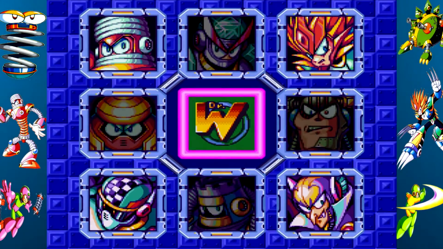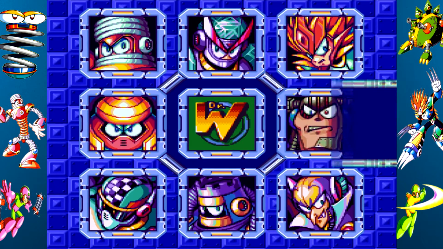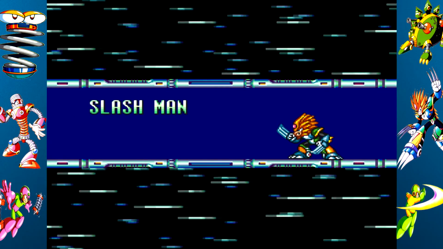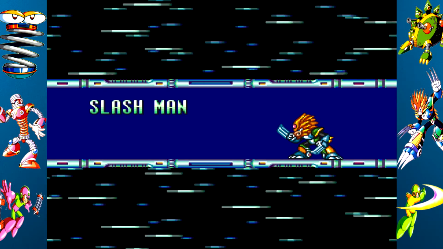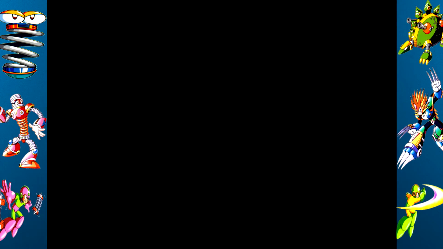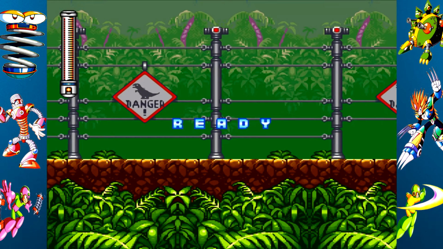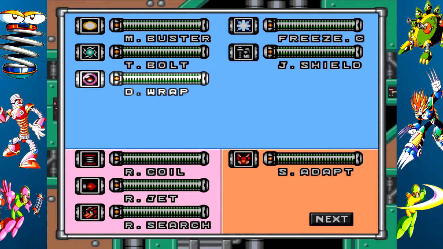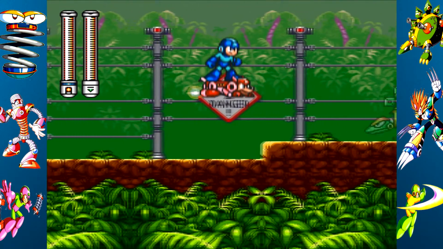What's up, ladies and gentlemen, Nakusoo here, and today we will be taking on Slash Man, a cool Wolverine-inspired robot that will be weak to Freeze Man's weapon. Now this boss is pretty difficult to dodge once we get to him, but we can bypass all of this with the Rush Jet. So once we get on Rush Jet, we should be able to bypass most of the